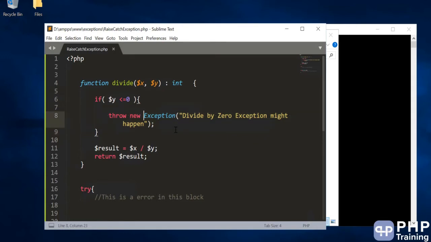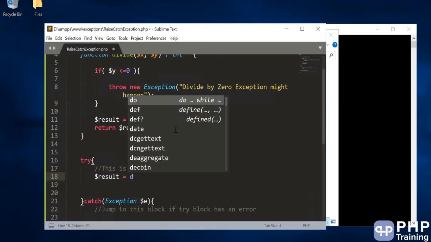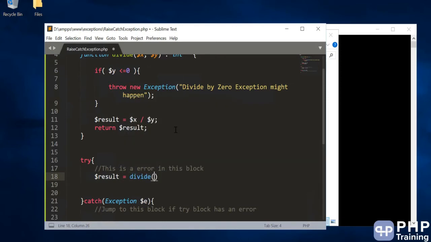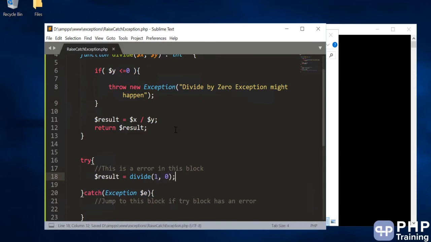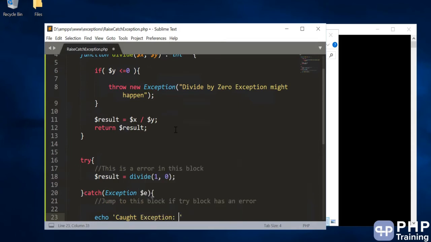When you throw this exception, it is caught in the try catch block where it has been called. So if you say result is equal to divide, and we'll pass 1, 0, and then in the catch block we are saying echo, we have caught the exception here.